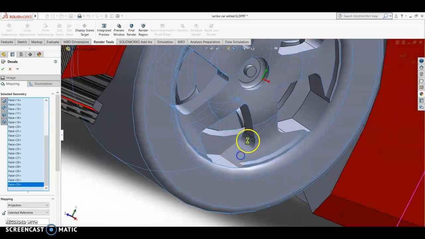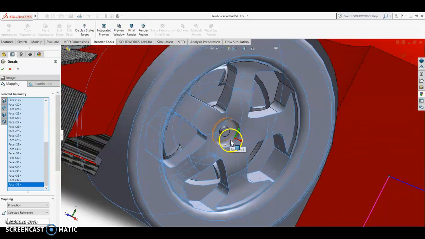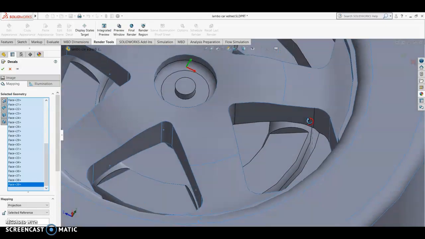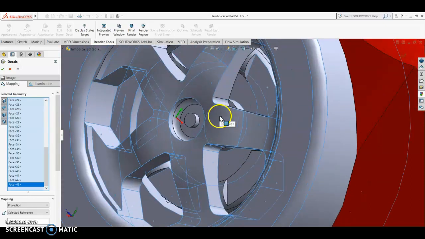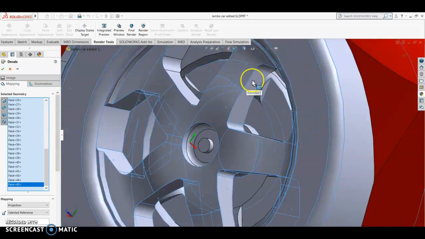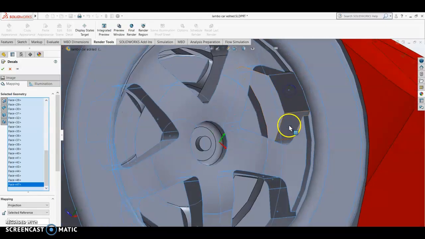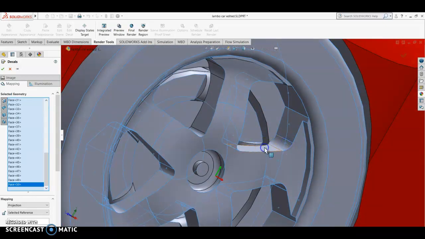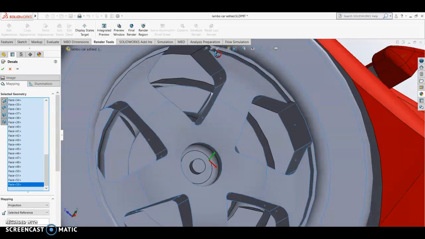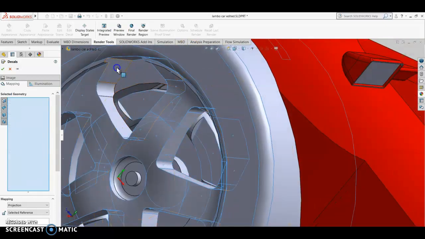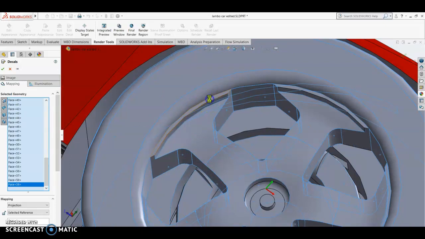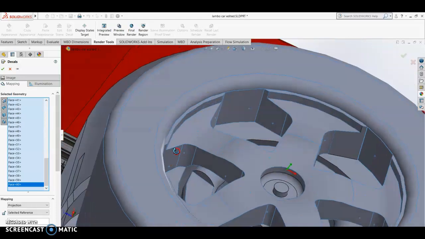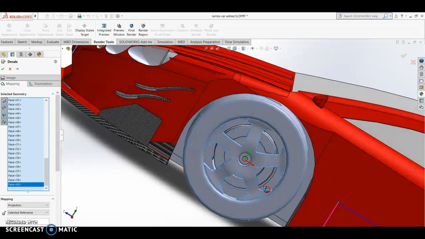Select them all. Okay. So once all are selected, okay,